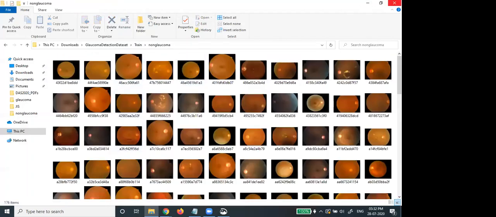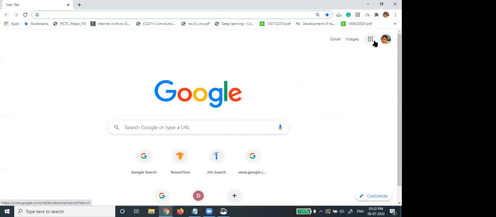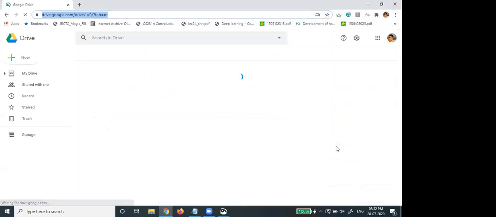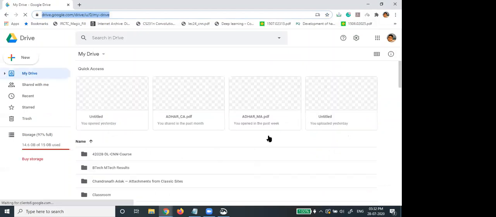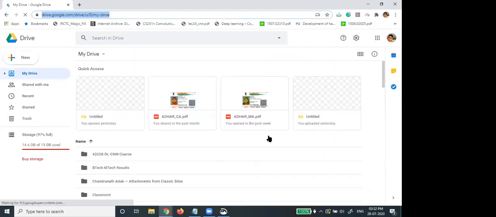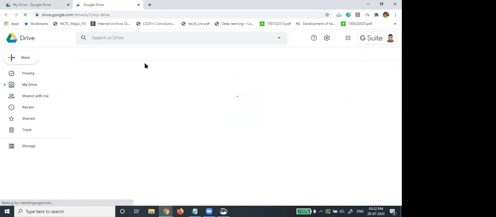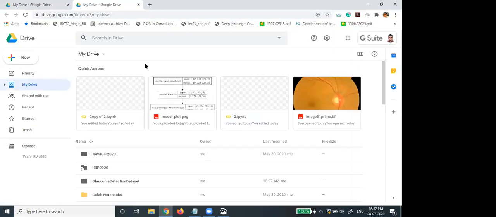What we have to do first is open our Google Drive. We will not perform anything on the machine; we'll perform everything on the cloud. So I am choosing my Google Drive. To save some time, I already uploaded this dataset.